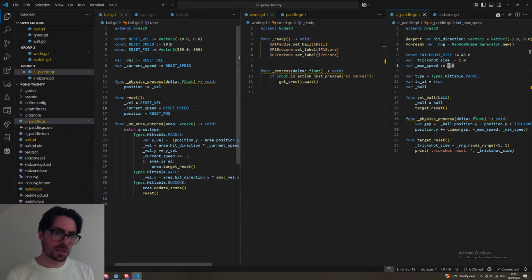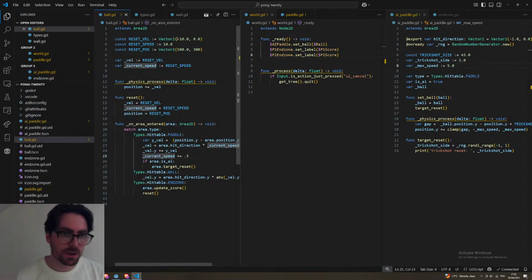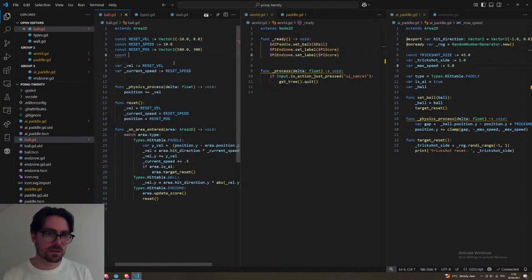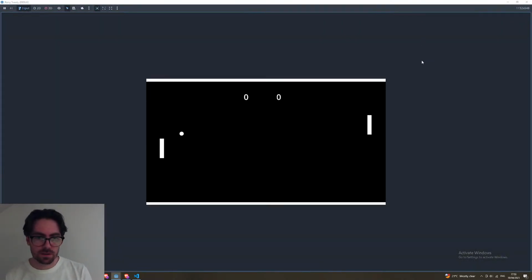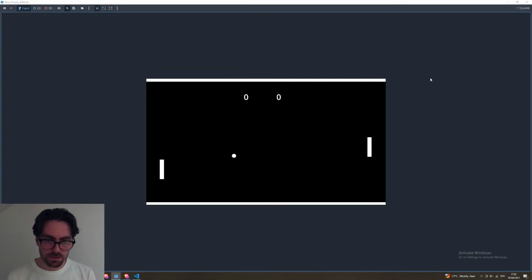Well, let's make the ball just get a little bit. Wait, where's the amount by which the ball? Here we go. So this is like ball speed creep, and that can be equal to like 1, right? So we can just make it get faster. The rate at which it's getting faster is now faster. So theoretically,